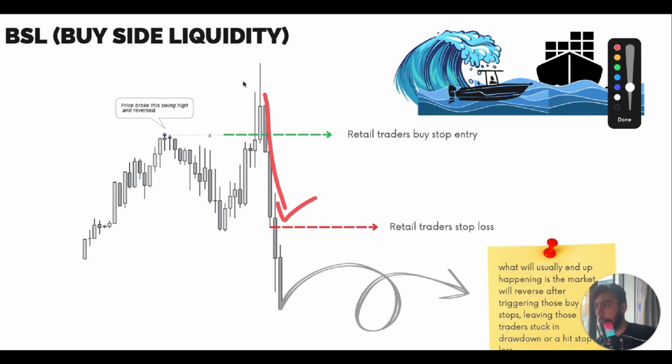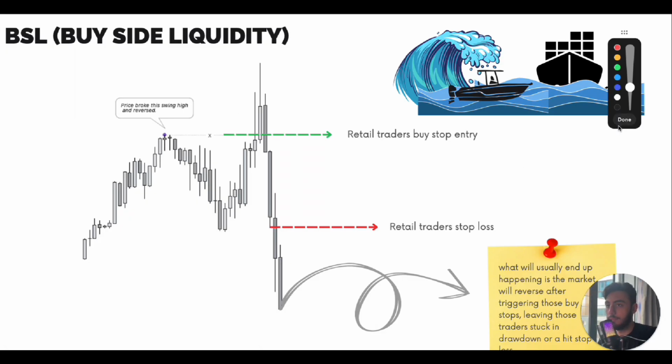So you might think, why does price give them a little bit of profit? Because there are two options here. If you see in the retail traders' area that price gives them a little profit, or at least moves a little bit, that means price is making more liquidity at these areas, because there are a bunch of retail trader scalpers who are going to enter at these areas. So this is just building more liquidity for them.